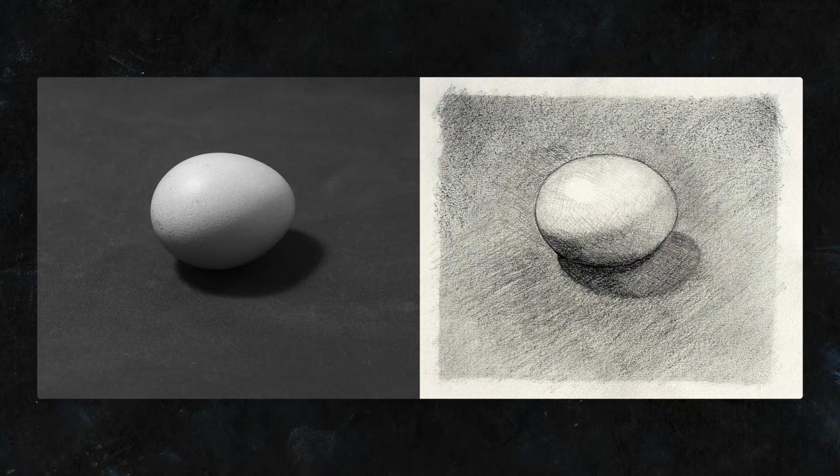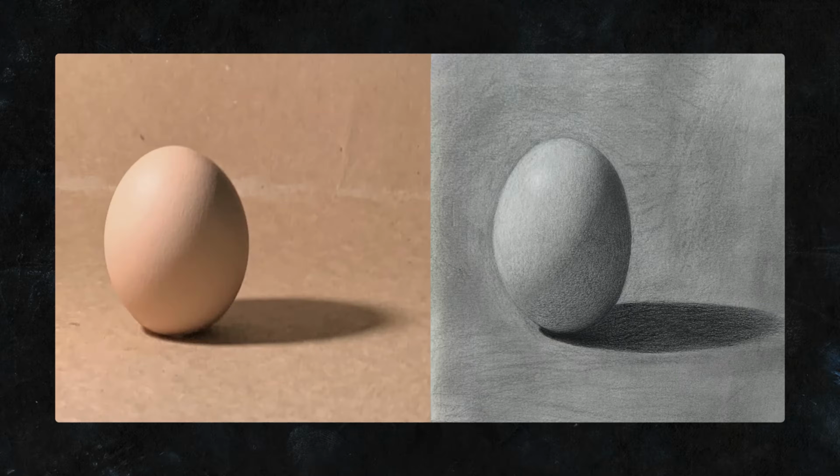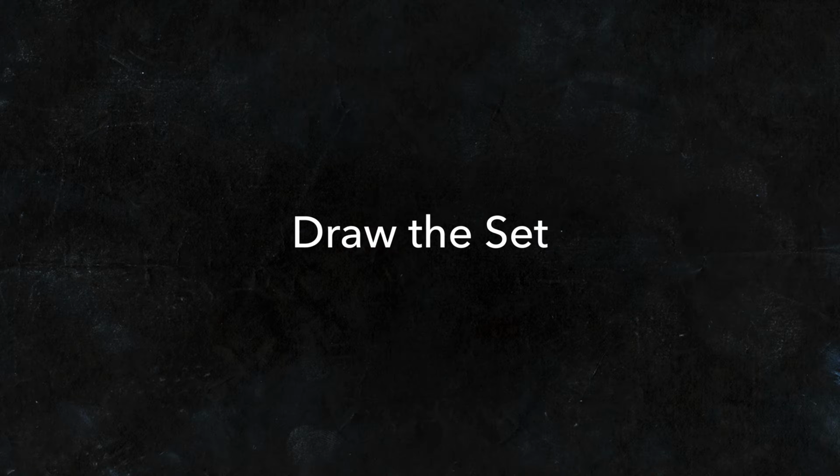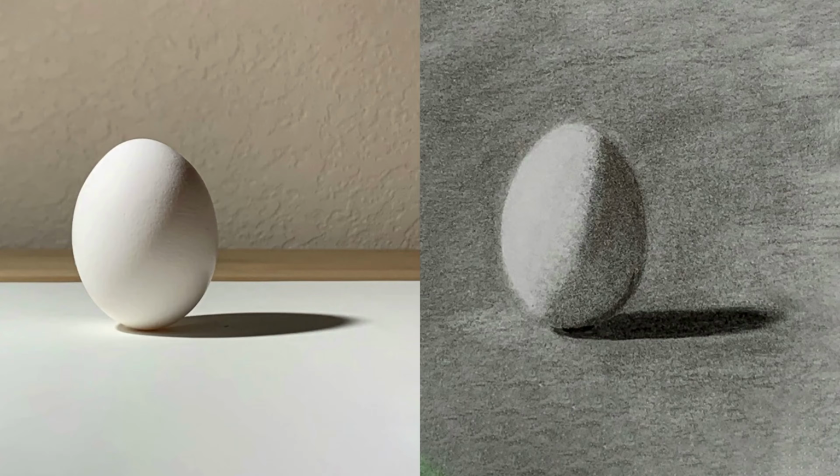The more noise you leave in your tones, the less convincing your drawing is going to be. So specifically, get curious about making even tones and smooth gradations to create a beautiful sense of form and presence with your drawing. Next, remember that the shading on your egg is the result of the environment it is in.